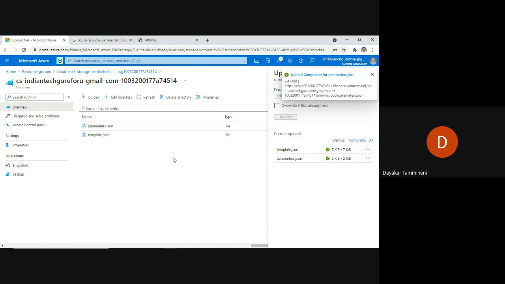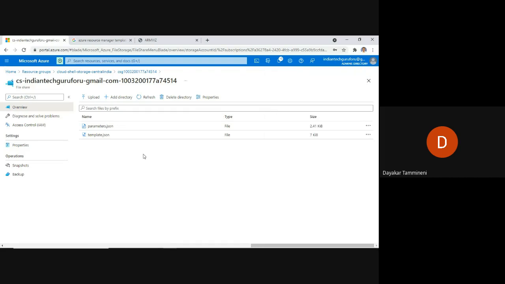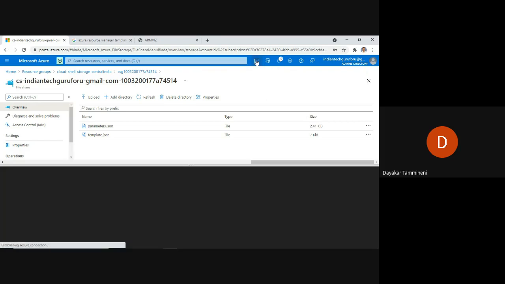I used the storage account to store these two files because they are needed to create a virtual machine from the ARM template using the Cloud Shell. Now our files are ready in the cloud drive. Then what I need to do is open the Cloud Shell.